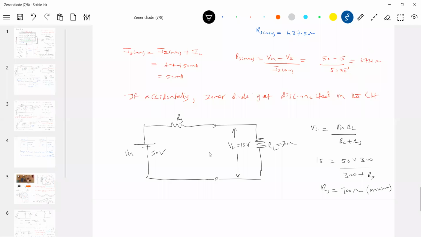By chance, if it gets disconnected also. Sir, what happens if we let it be the maximum permitted? By chance, what will happen if the Zener diode gets disconnected and there's a possible resistance? The resistance may burn out. If it burns out, sir, okay, let it, I'll replace it. But where is it? It is inside the mobile charger. If anything happens, what do you do? You're going to throw it out, no? So when I design and manufacture it, I should take care of all the possible conditions. Because if anything happens inside the mobile charger, will you open it and replace anything? Nothing, no? So what do we do? We just throw it out.